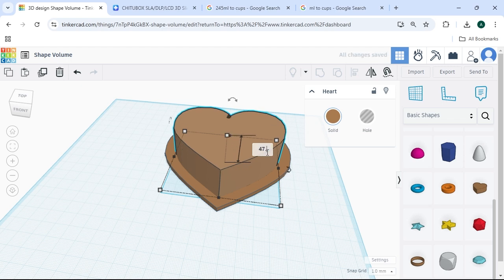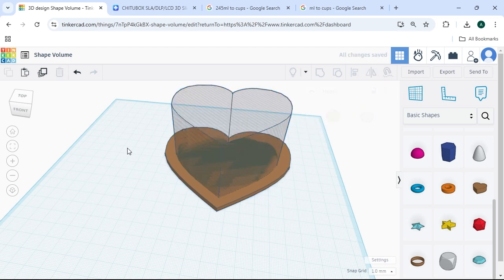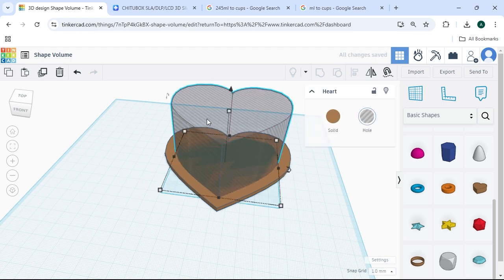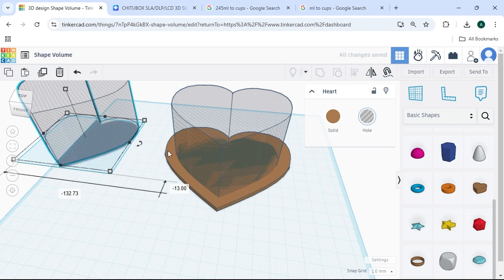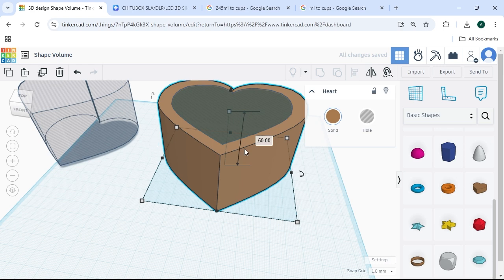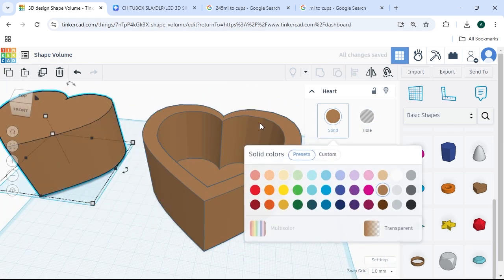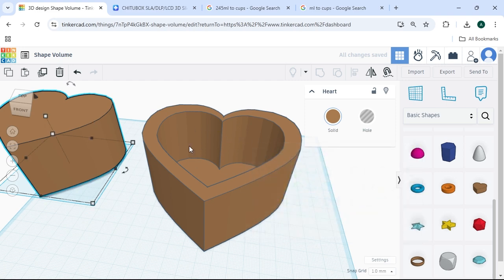I did this once or twice as a test, and so I'm just recreating those measurements, but if you're looking for a specific volume, it may take some fine tuning. But we have 150.25. All right, so we have this infill. We have this hole here, and we've got this grouped. And this is our hole duplicated here. We can actually turn this into a solid. So to find out how much volume this holds, all we have to do is find the volume of this